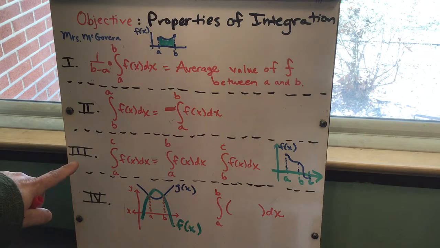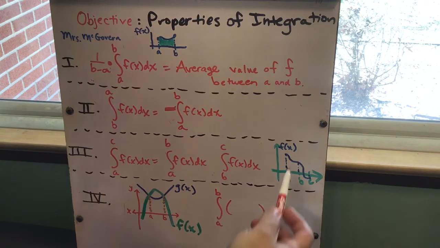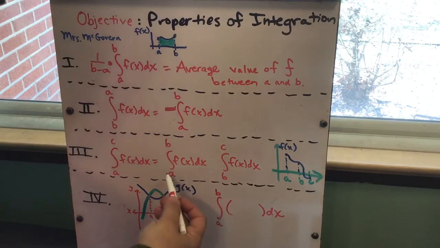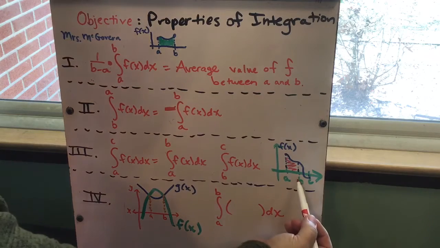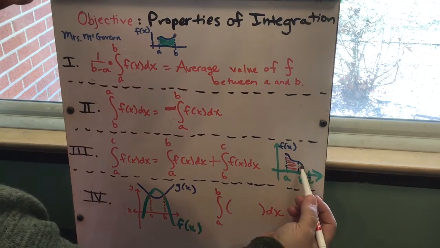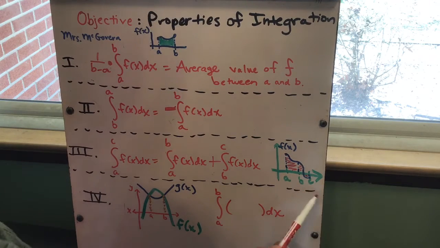All right, the third property really breaks down a function into multiple spaces. So for instance, here's a function that starts high and goes below the x-axis at some point. So if I wanted to integrate from A to C, I could take the integration from A to B and then take the integration from B to C and add that together. Even if B to C has some positive and some negative,